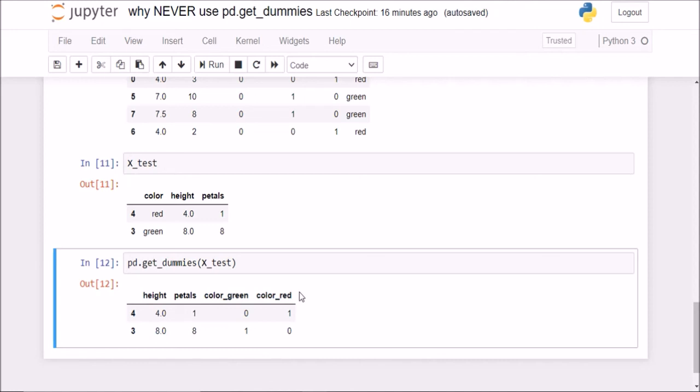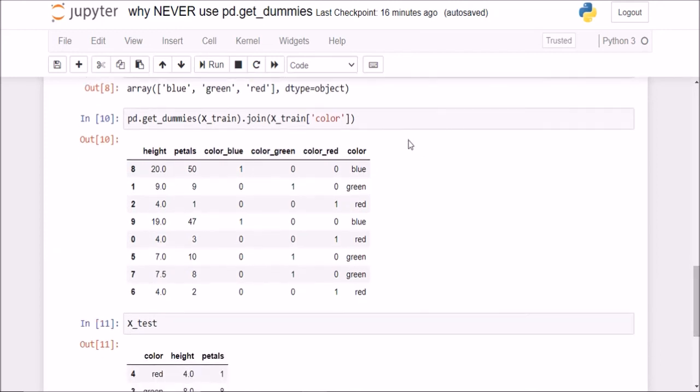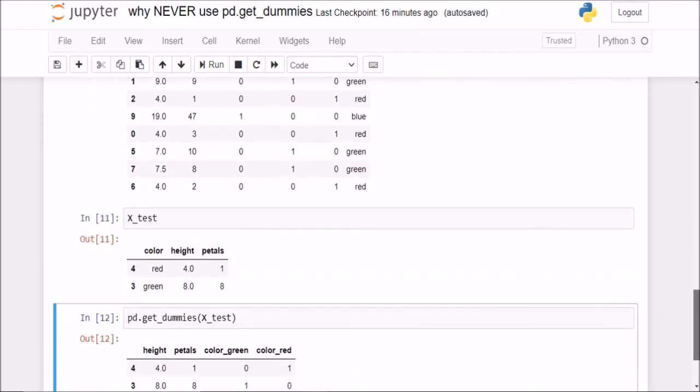One of the reasons that I chose to tell you why you should never use getDummies is because I have seen so many people on Kaggle. When I go through people's Kaggle kernels, I see so many people using getDummies to encode the categorical variables, which is completely wrong, as we saw here, because the blue color wasn't in the testing data.